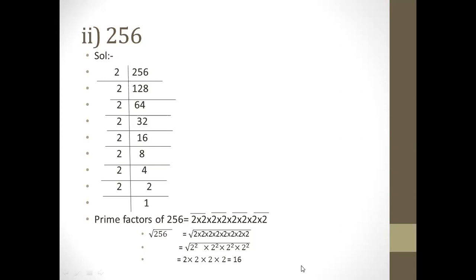The third part and fourth part, you do as homework. In the same way, you factorize. The third part is 576, so you start factorization from 2. And the fourth part is 324. Again, you start factorization from 2. And like this, you make pairs. After that, you take the square root and pair. Each pair you write in the form of a power, and the power will cancel with the square root. So you will get the number.